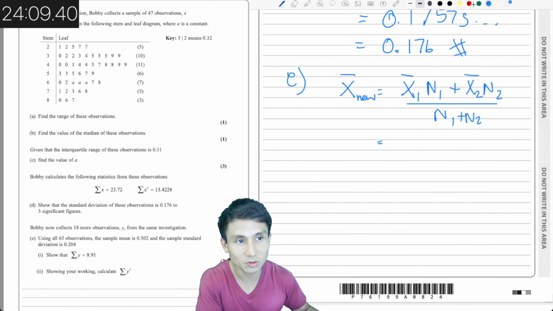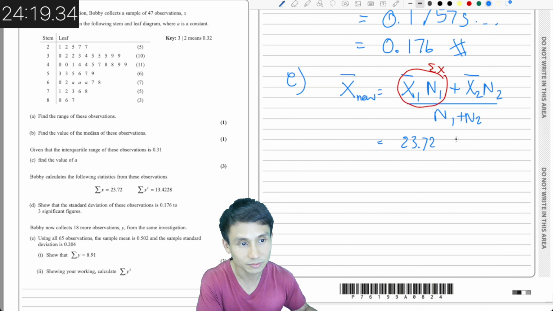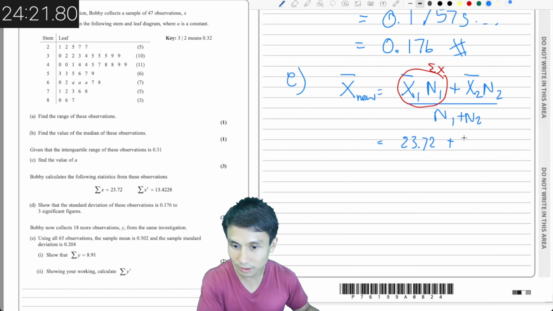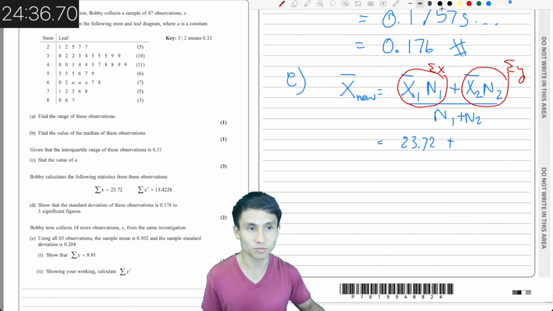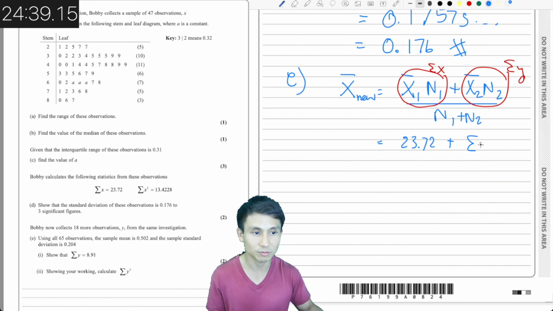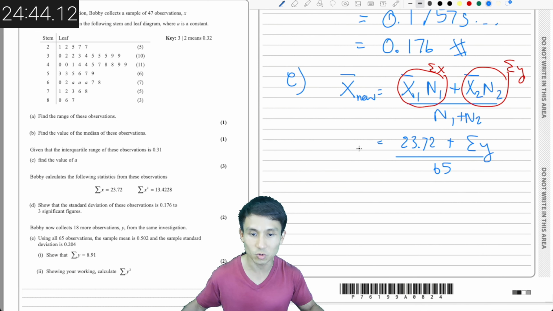So the first mean and the sum. You can take this as the sum of x, right? It's just the first group. So we're going to take the sum of x there, 23. Don't need to do all the calculation again. Plus, okay, the 18 observation has the mean of, wait, no. Yeah, okay. So all this again is the second group, which is the sum of y. So I'm just going to do that, divided by the total is 65, and the new mean is